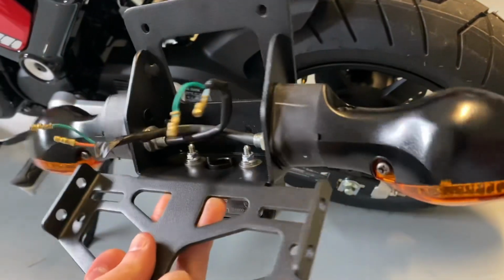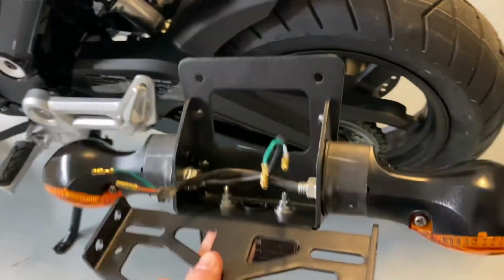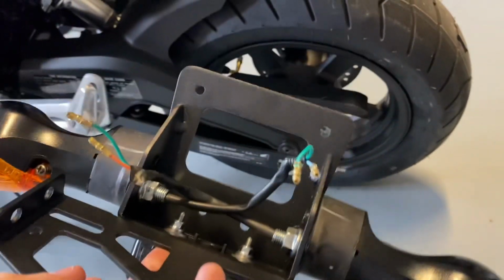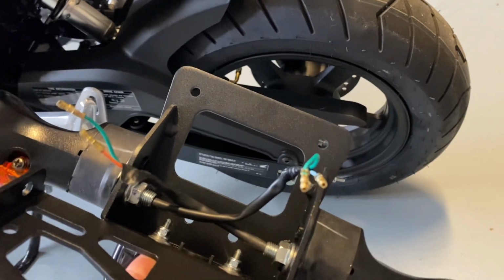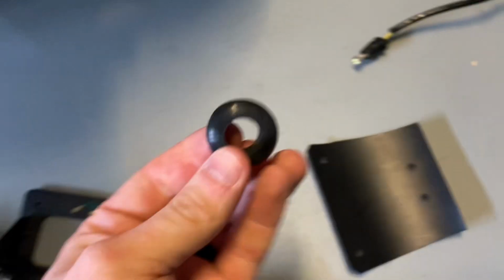So now I've got the turn signals, tail light, everything is back in where it needs to be. This next part is totally optional for you guys. I'm gonna do it because I don't like how this is set up. So typically, I guess this washer is supposed to go under here in this hole here or something. This hole right here. I don't really like it